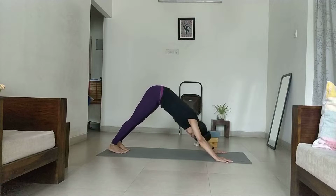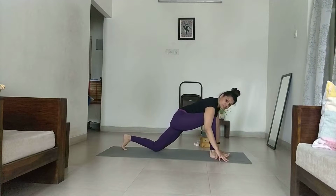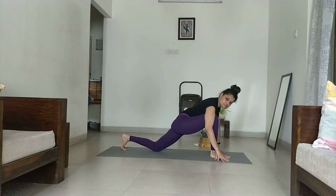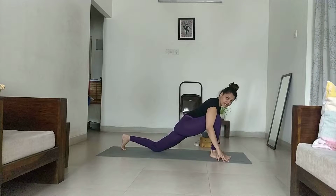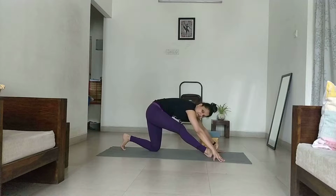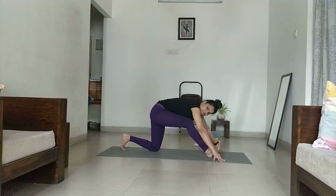And bring the right leg forward in between your hands. Place the left knee on the floor. Push the hips down and rock from side to side. Yeah. And then push that heel into the floor as you lengthen back. Push that leg back. Yes, and then come forward